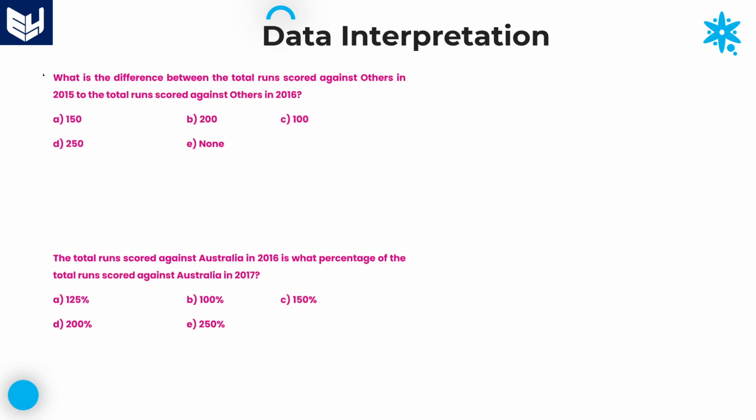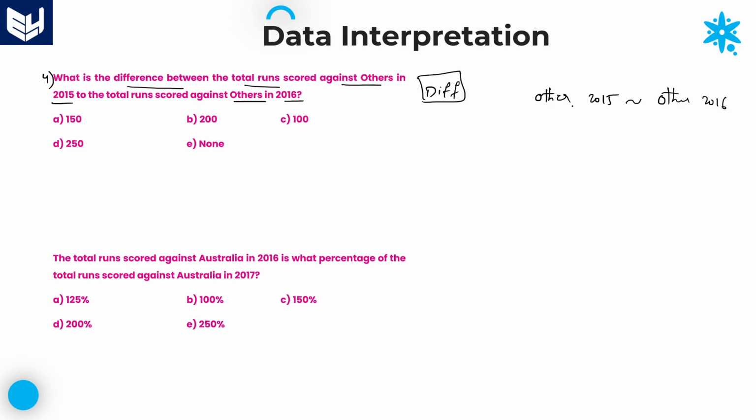See the fourth question. Here is the question. What is the difference between, here we need to calculate the difference. Difference between which values? Total runs scored against others in 2015 and the total runs scored against others in 2016. So, others 2015 and others 2016. The difference between these two values, we don't know which value is highest, so you just take the difference